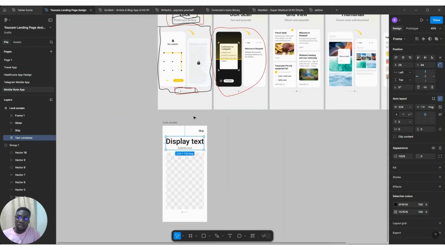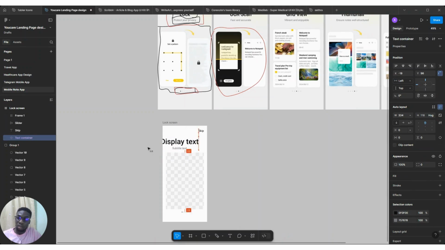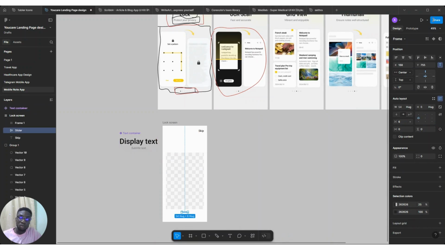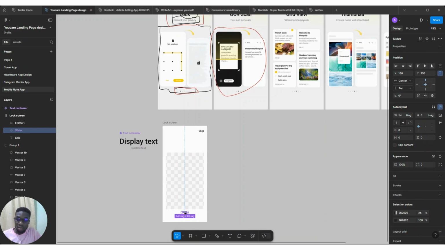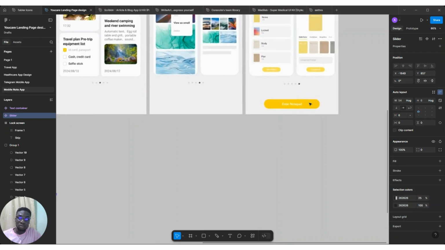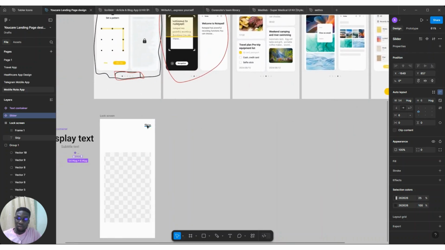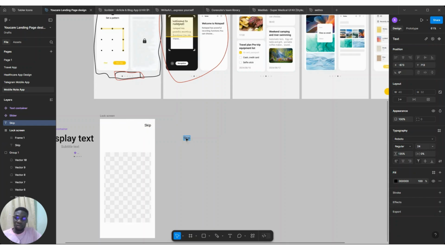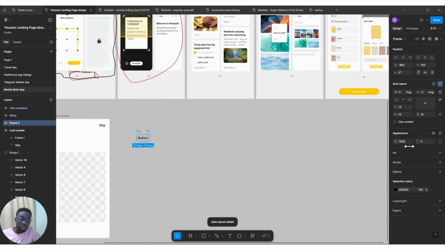All right. So let's replicate this. Let's turn this into a component now. Right. Just like that. We'll turn this also into a component here. Yes. Just like that. Then let's work on the button also. The button component. I'll say button. No, just button itself is fine. Then auto layout it and let's give it